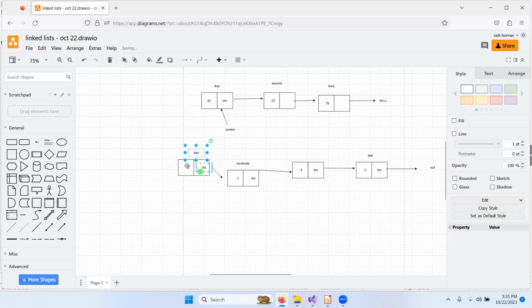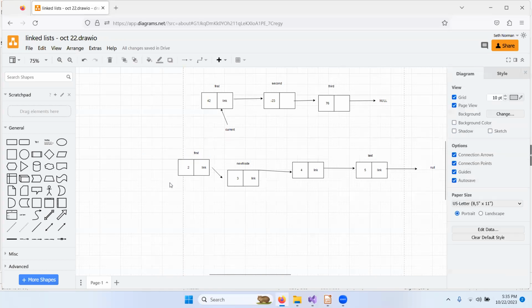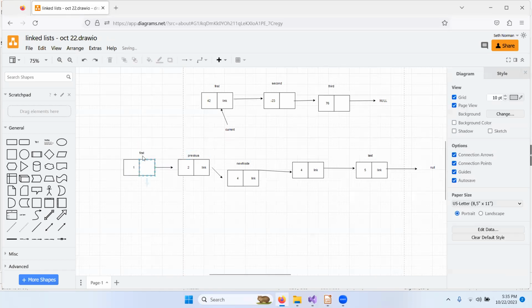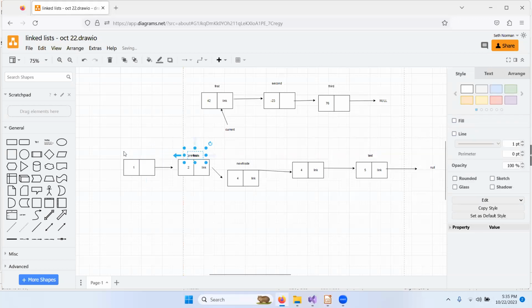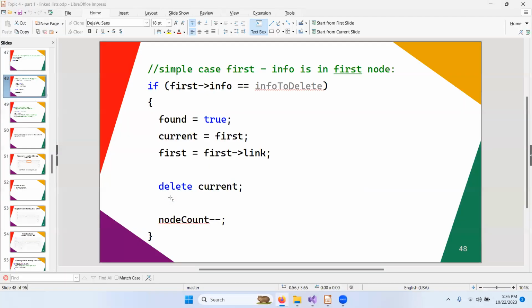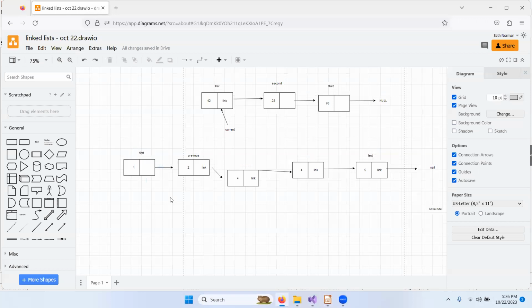We want to update the first node of the linked list to be what used to be the second node. How can we do this? How can we move this over here and get rid of this? Okay, first